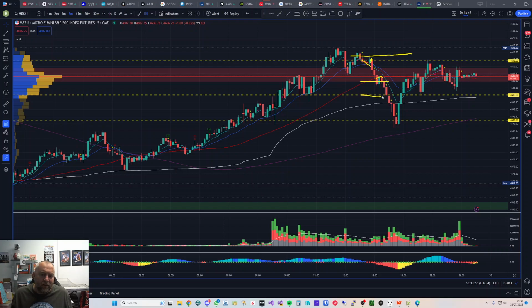contracts of the MES. So I got out on the 50, I added on the pullback, and then I got out again there. So basically that was a free run. That's a great add position there. It was perfect. And I was out on the VWAP, and I finally used my level down here,